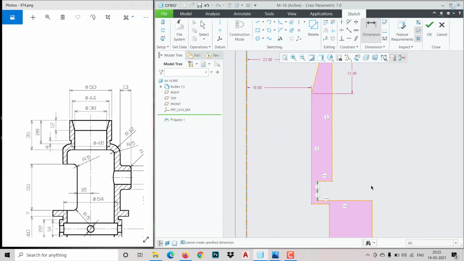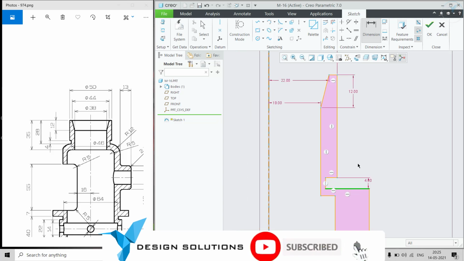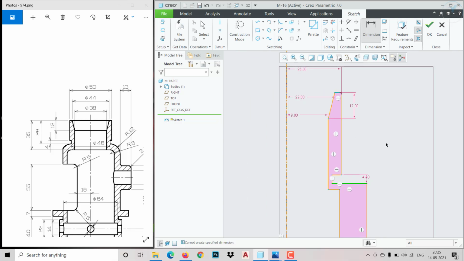Let me give that one also. Then from that endpoint to the top, it is 28, so let me give that one. Okay, from here to the top it is 35. Let me mention that also. Fine. So after that you have a fillet coming up. So I need to make this fillet and this fillet. We can see this inner one is 5 mm, outer one is 12 mm. So click on fillet, click over here and here, fillet created, and between here and here, fillet.